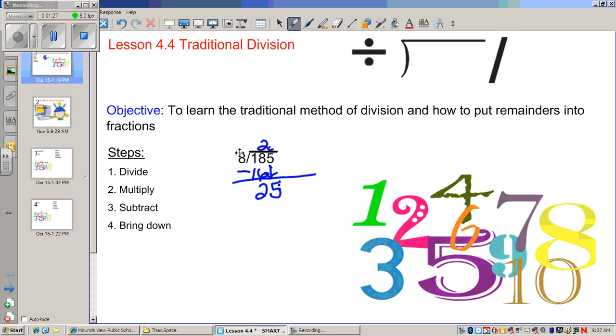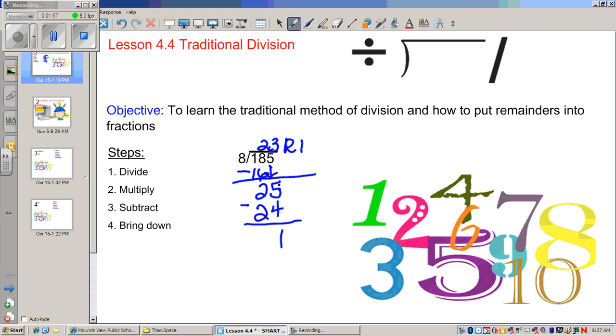I'm going to divide. How many 8s go into 25 without going over? Well, I hope you know that 8 times 3 equals 24, right? So I'm going to put down my 24. Okay, so I multiplied. I'm going to subtract. 5 minus 4 is 1, okay? And 2 minus 2 is 0. So I don't have anything left to bring down, so I know that my answer is 23 with a remainder